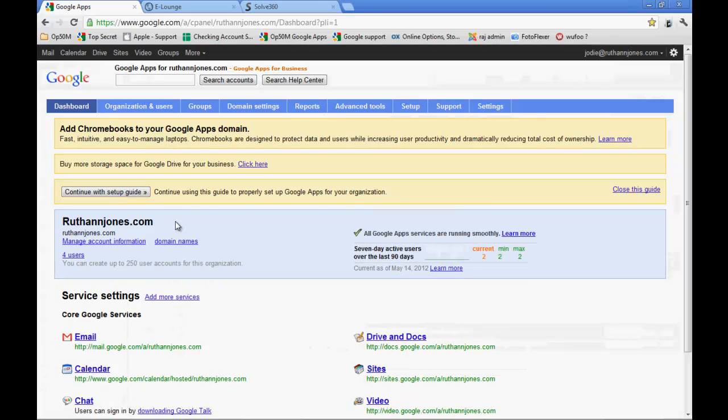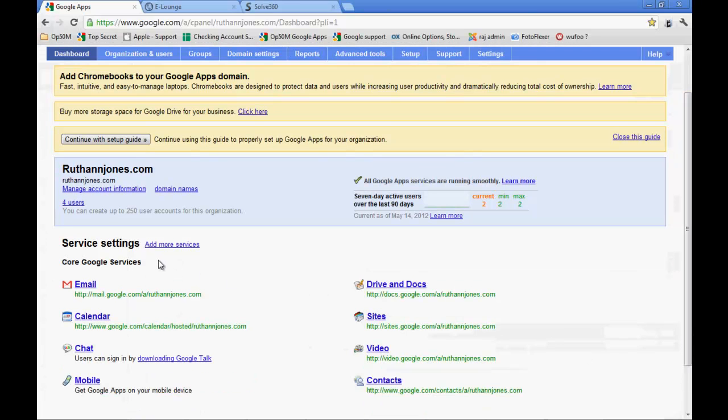So you're setting up an actual Google account for each person, but they're going to have their email address end in RuthAnnJones.com. So really it's not just an email address you're setting up, it's an actual user. So they're going to have access to their own Google Documents and calendar and all that in case we need to use it in the future. So click on this user here,